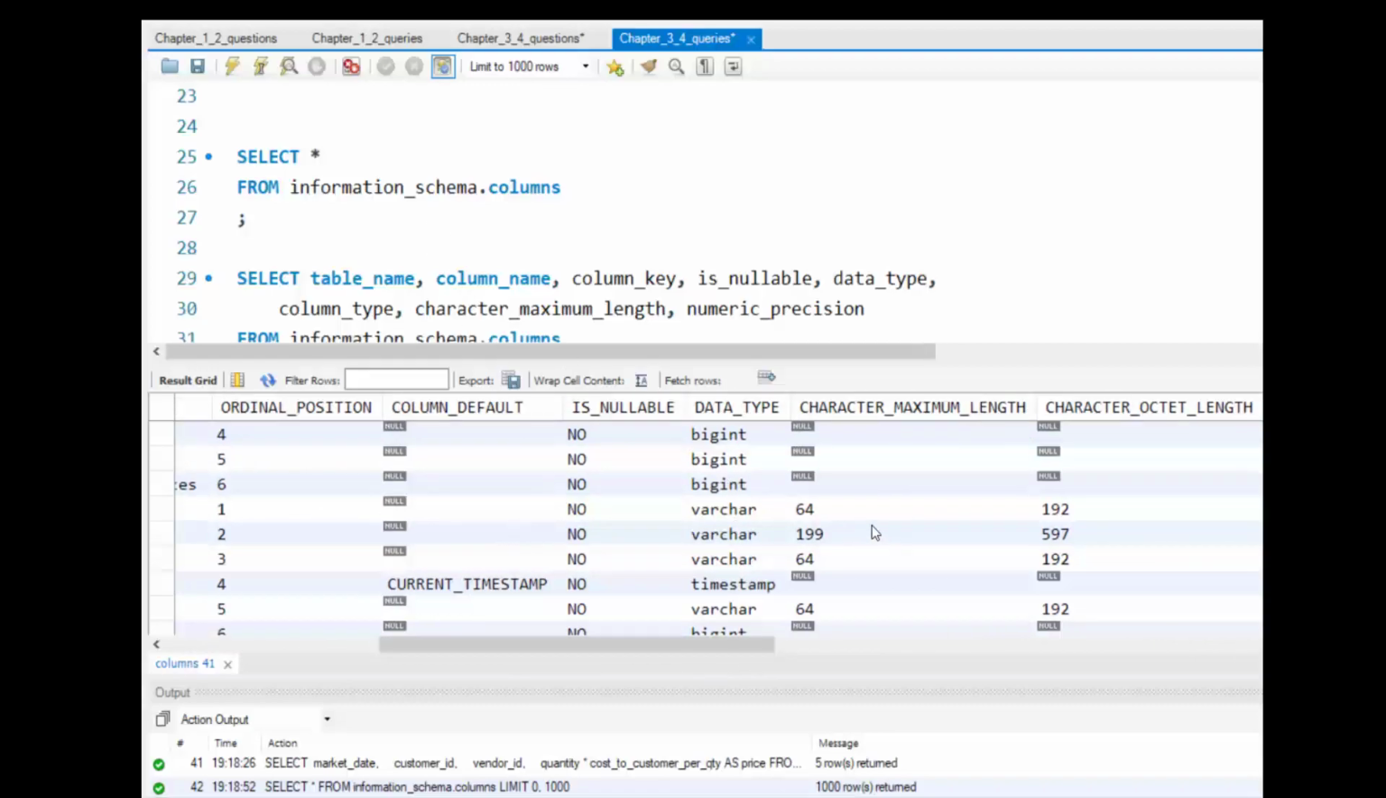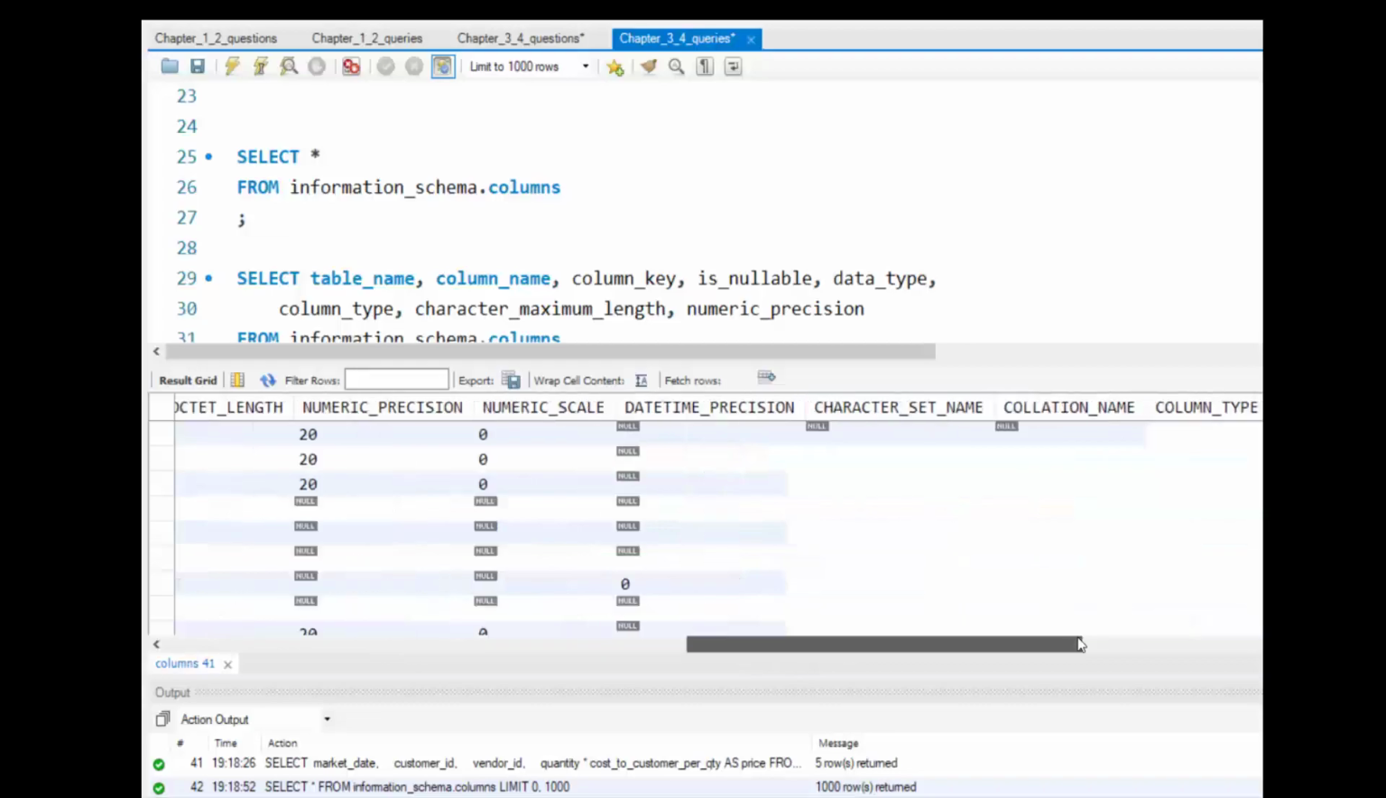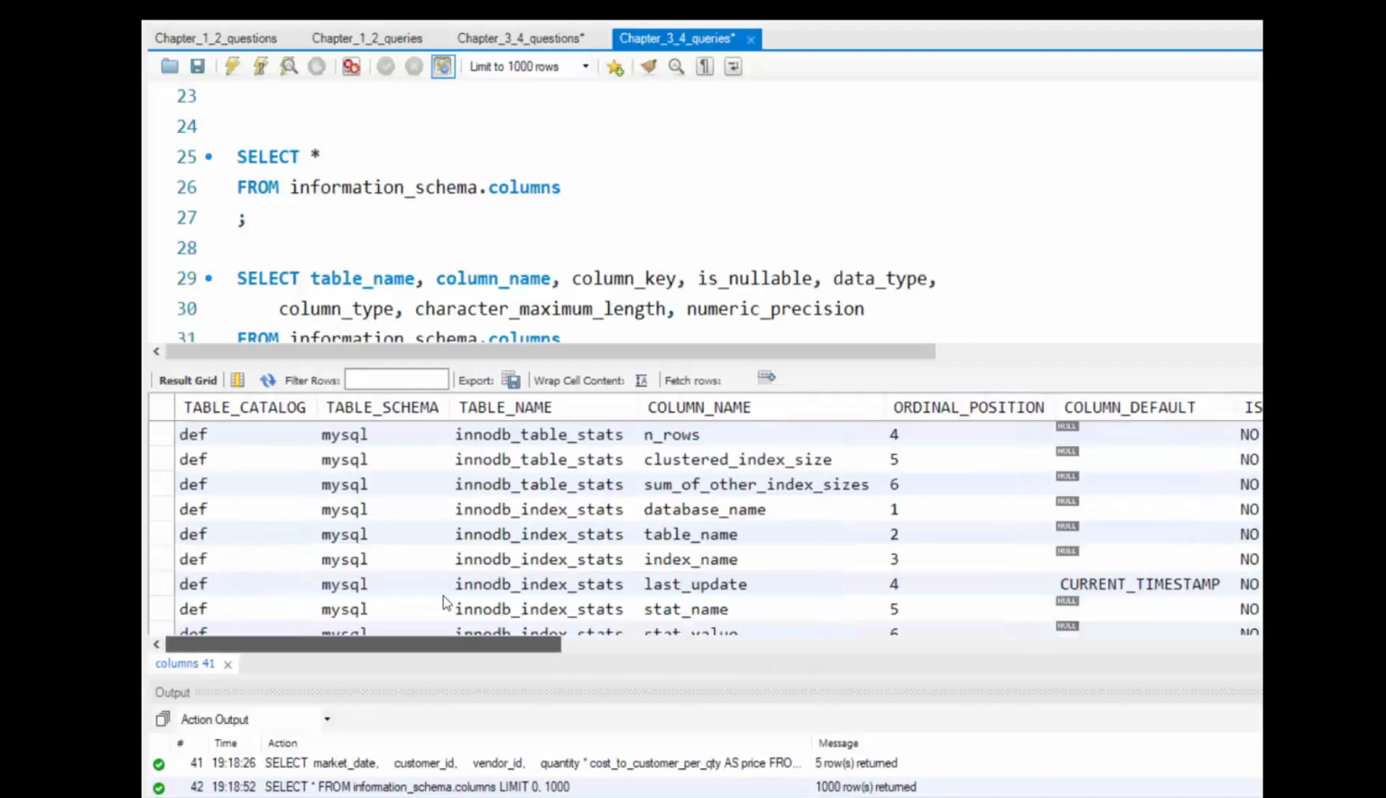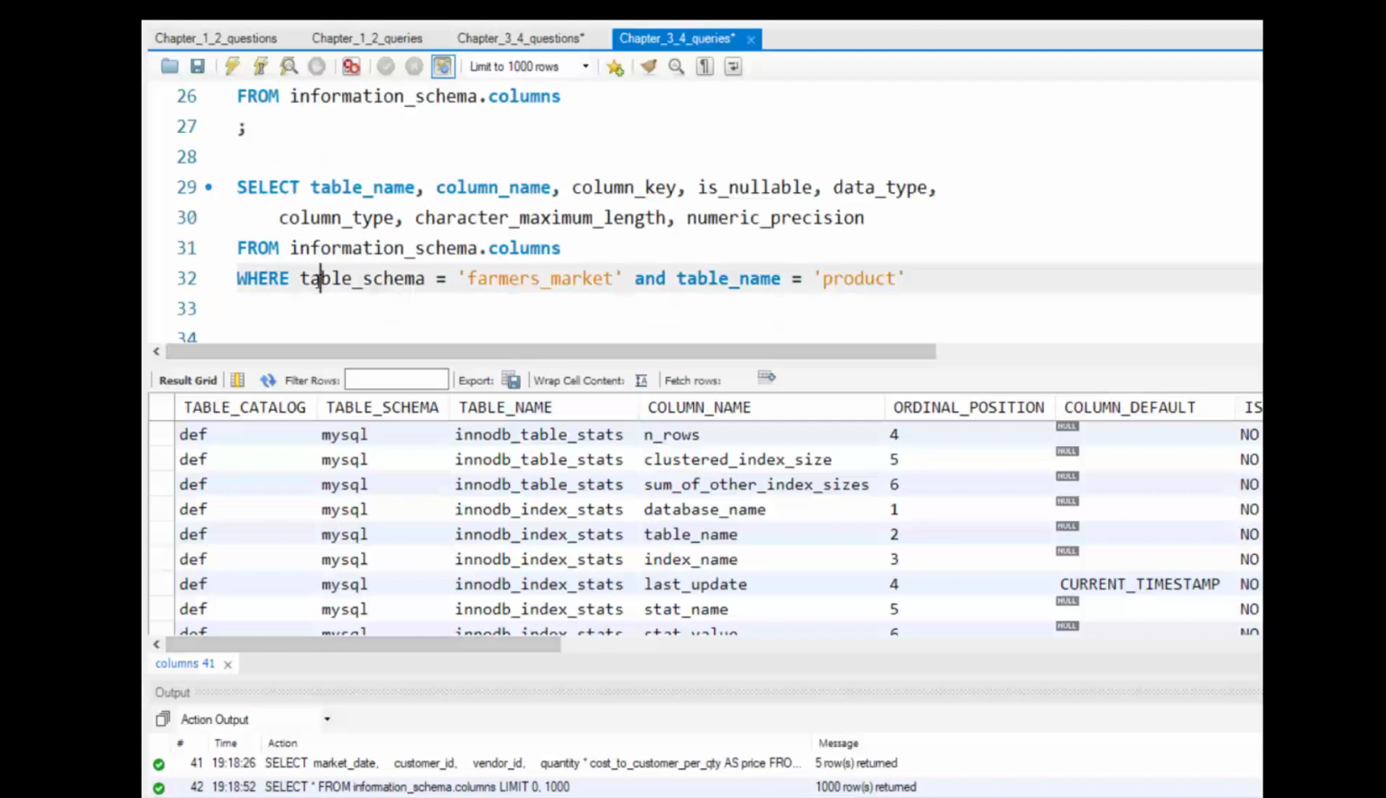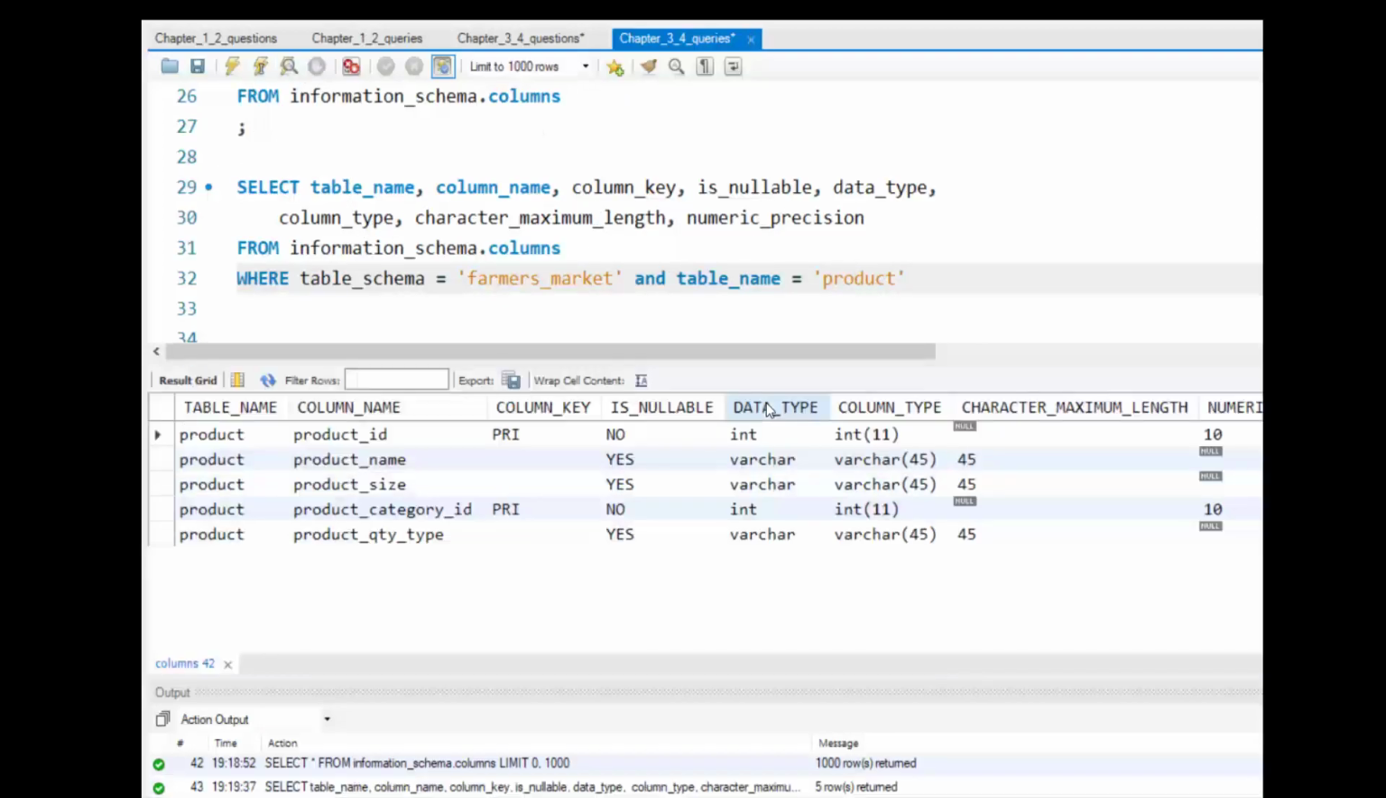So I wanted to narrow down what data was returned, both in the number of columns, because this is a lot of columns, and I want to specifically return where the table schema is farmers_market. So I'm not getting generic MySQL tables. I want tables from my farmer's market database, and the table name is product. So what we're going to look at here is some of the data types in the product table. So if we run that,